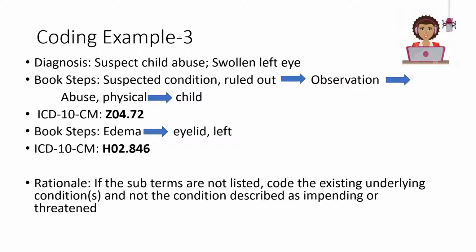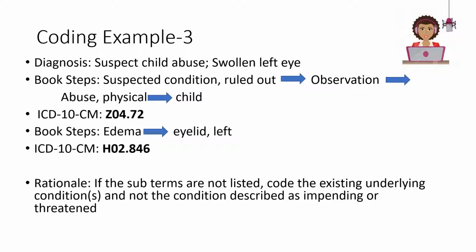We're also going to code for the swollen left eye because that is an existing condition. So in our book steps, when we go to swollen, swollen will lead us to edema, which is also another term for swollen. And so we're going to go with eyelid, because there isn't an eyeball edema or swollen eyeball. So we're going to go with edema to eyelid, and because it was swollen on the left eye, we're going to drill down to the left. And our ICD-10-CM code is